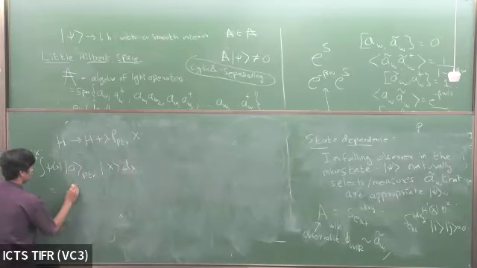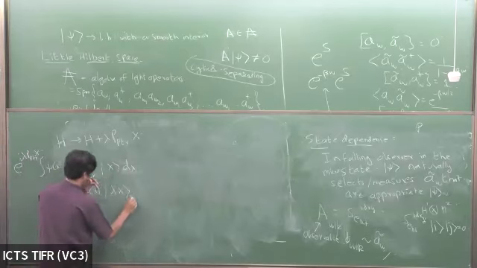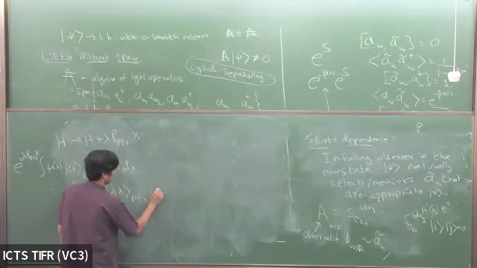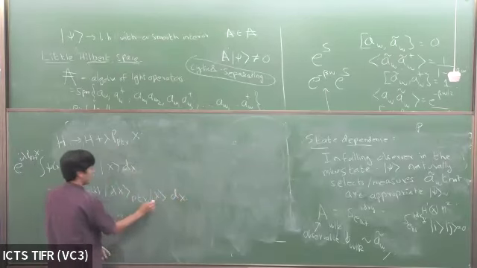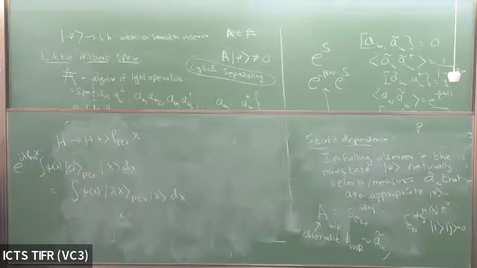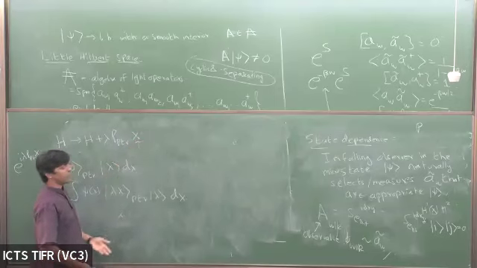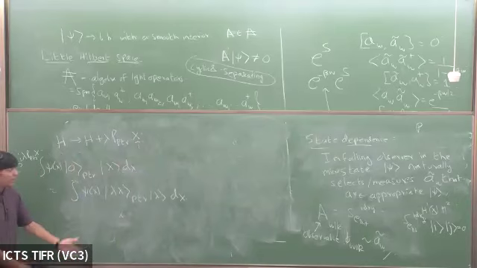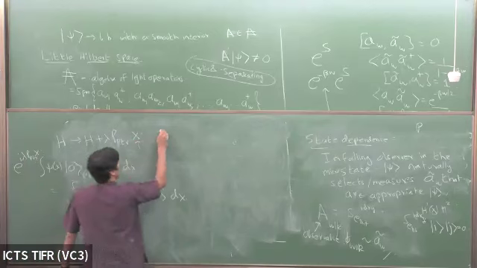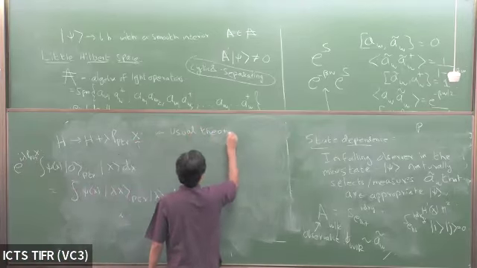So this will give you a new wave function where this will become lambda x, where the state of the pointer is correlated with the state of the field. So the usual von Neumann theory of measurement says that when you want to measure an operator x, it could be x squared or sine of x or whatever, you add it to the Hamiltonian and you do evolution with the modified operator. So the usual theory of measurement